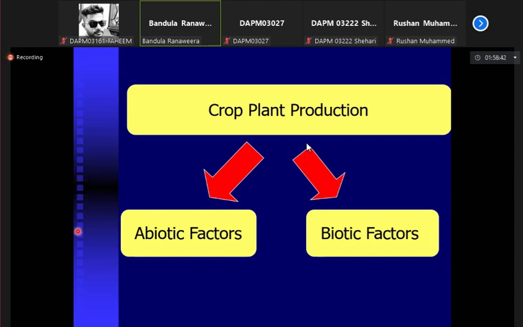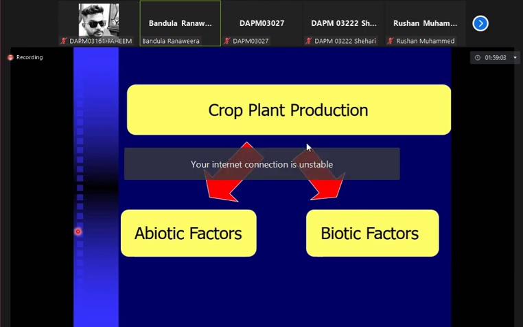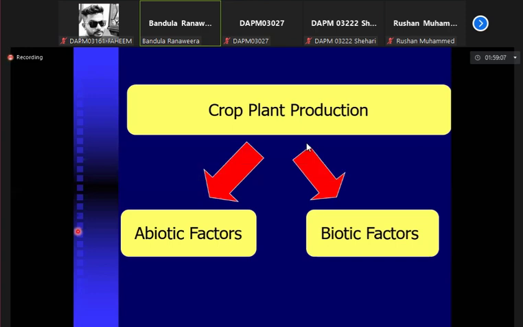How can you argue with me if I say that temperature is not something bad, sunlight is not a bad thing? Plants need sunlight for photosynthesis. Soil moisture is important for absorption of water from the soil. So